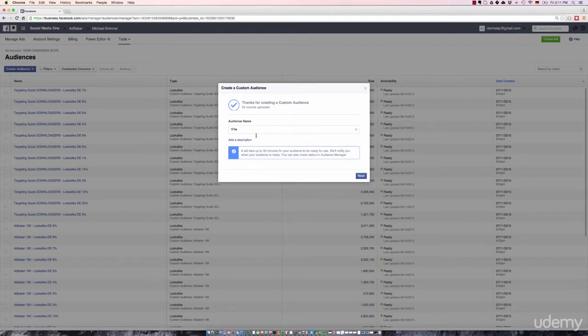And great. Thanks for creating a custom audience. Now it says it will take up to 30 minutes for your audience to be ready for use. We'll notify you when your audience is ready. You can also check status in Audience Manager. So it's pretty easy to do. If you're done with that, if your file got uploaded, just click on next.